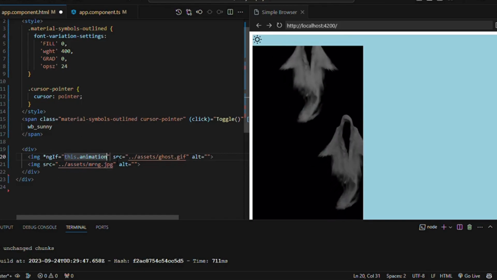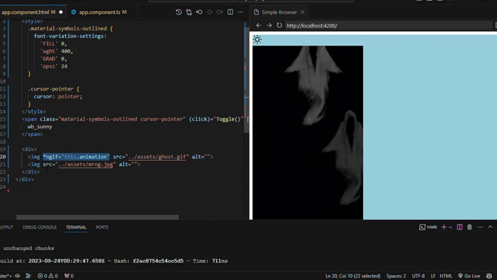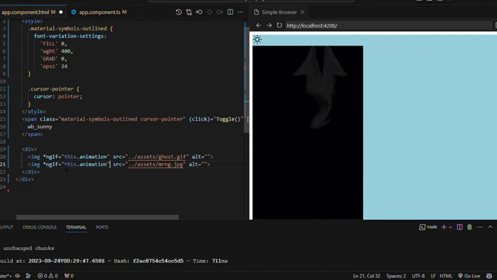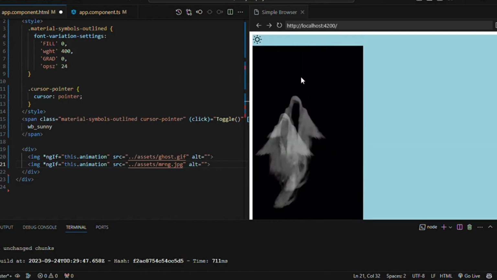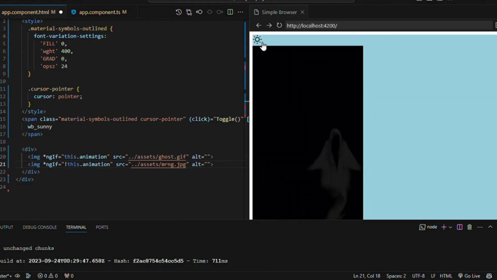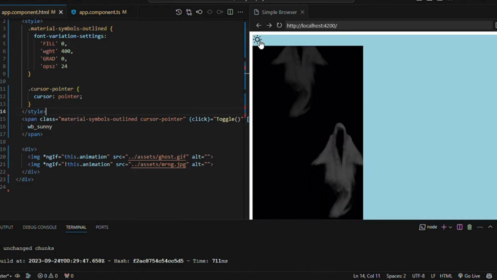Then I'll change the other one: Ctrl+C, and again Ctrl+V. If we keep the same thing, that's not going to work, right? By default I have kept it true, so when it is false, this image should come. So I'm going to use not. Whenever this.animation becomes false, not of this is true, so this image will get rendered. Now if you do Ctrl+S and see,